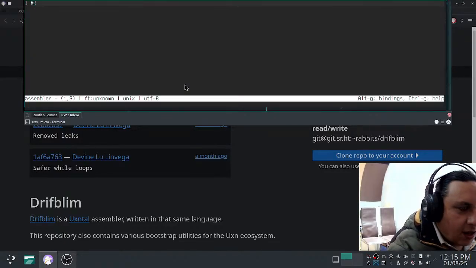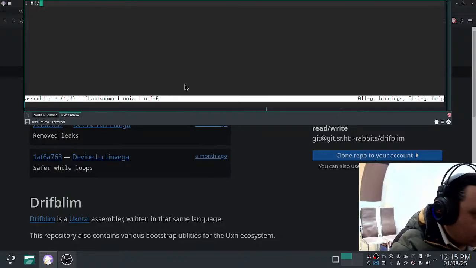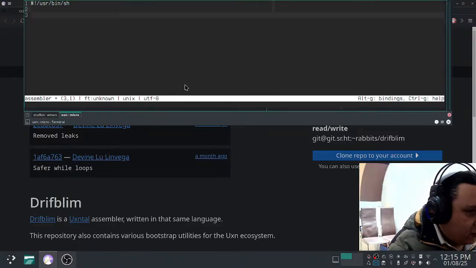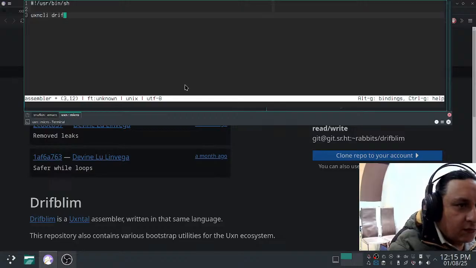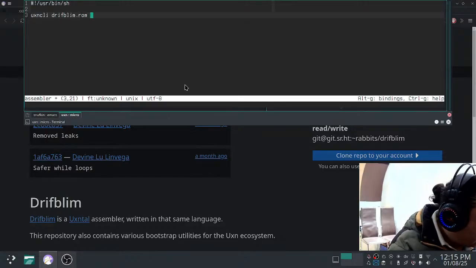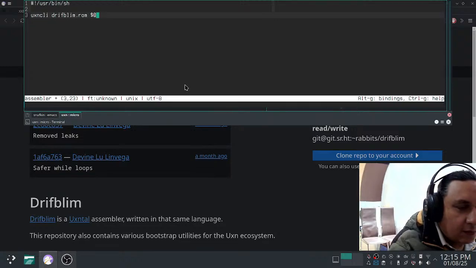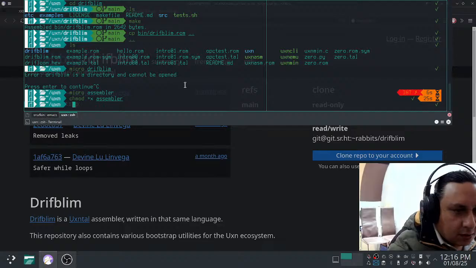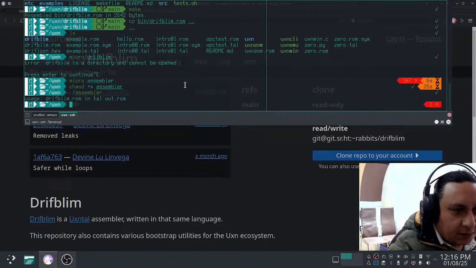We have a hash, a shebang for user bin esh, and then we just call uxncli drifblim.rom, and we will pass all the arguments like this. Then we need to change the permissions to add executable to assembler, and then we can actually run our assembler,